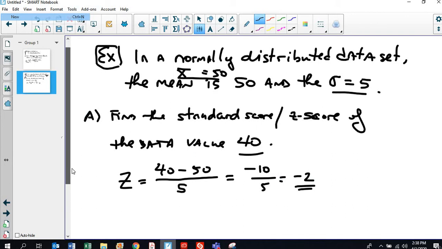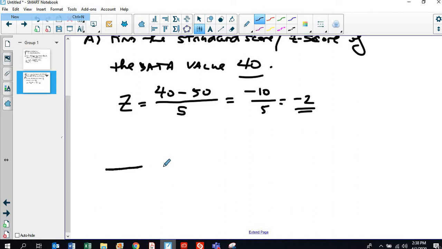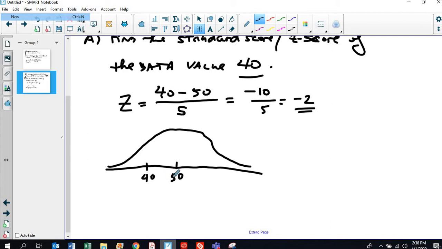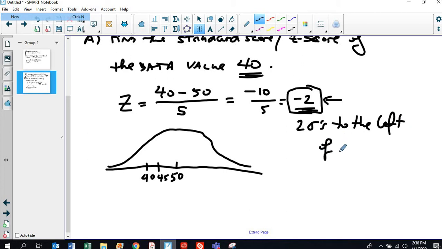Now, if we draw the normal distribution, just like for the 68, 95, 99.7 rule, I am not going to grade you on the quality of your graph, but I strongly suggest you graph this stuff out so that you know where things are. So 50 is the mean, 40 is somewhere over here, and that is 2 standard deviations away, but it's -2 standard deviations away. Notice if I counted by 5, I'd get 45 and then 40. My z-score for the value of 40 is -2. What that represents is 2 sigmas to the left of the mean. That's what the standard score represents. It's a standardizing, a normalizing